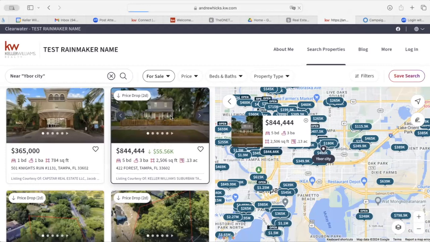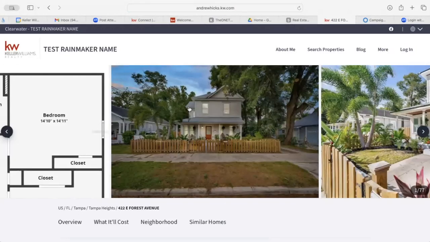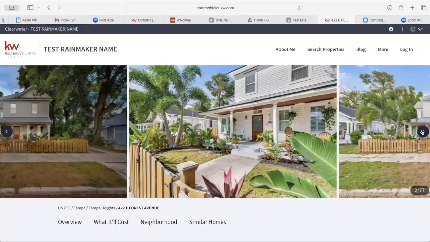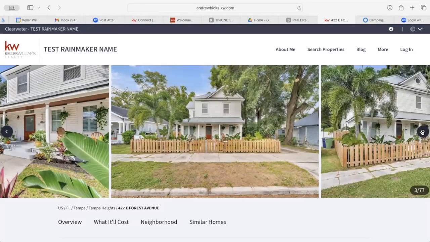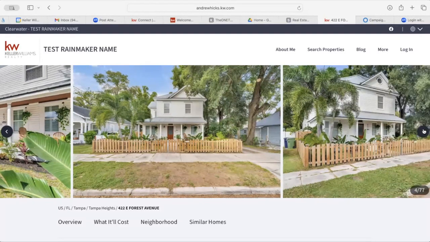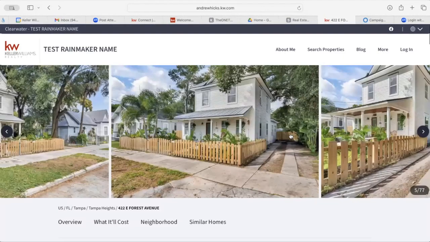So yeah, this looks nice. I'm going to go ahead and click right here to bring up more details for the property. Now, this is where ultimately I want the consumer to go to once they click on the ad. I want to make sure that once they click on the ad, it's going to be about this house. So they want to see information about this house. If I direct them somewhere else, like just my main search page, they'll probably be frustrated that they're not able to see that house and they'll probably leave and get upset. So I want to make sure that whenever they click on the ad, they're directed immediately to this page with